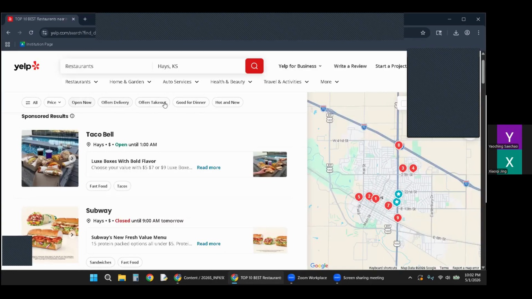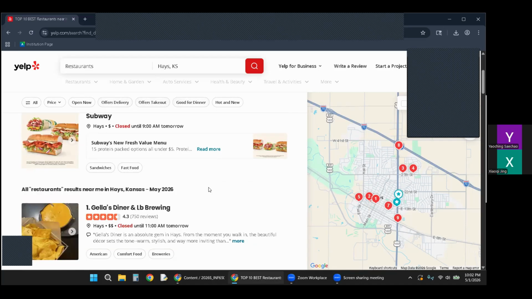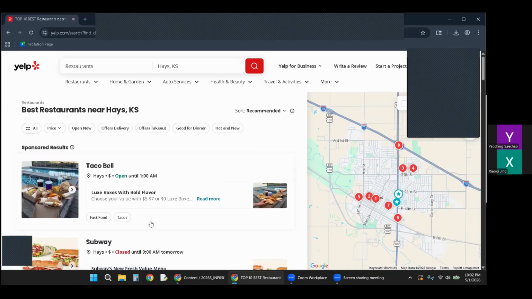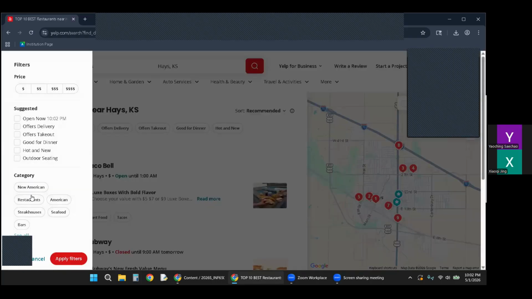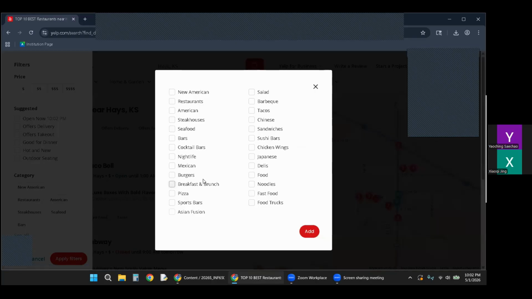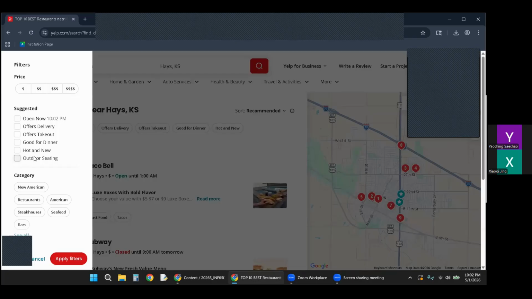I wish there was a dine-in option, just because it says it offers delivery doesn't necessarily mean it's a good place to sit. And you said you wanted healthy, so just trying to look for that filter.